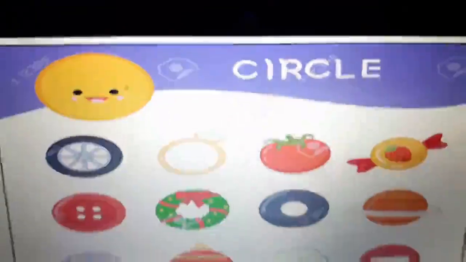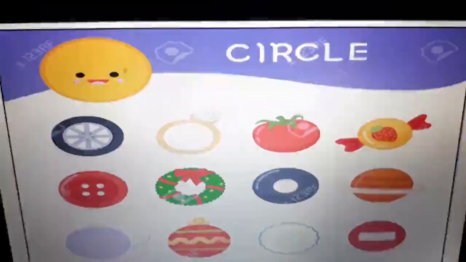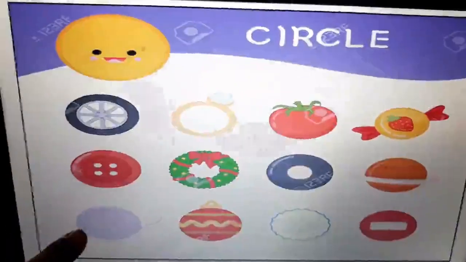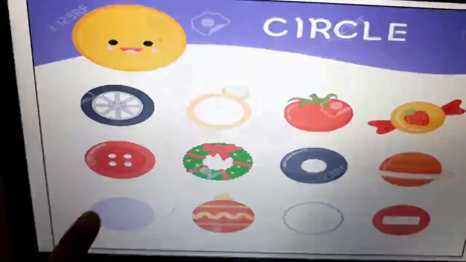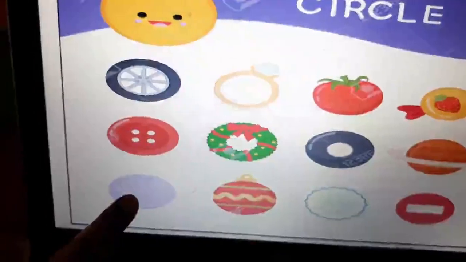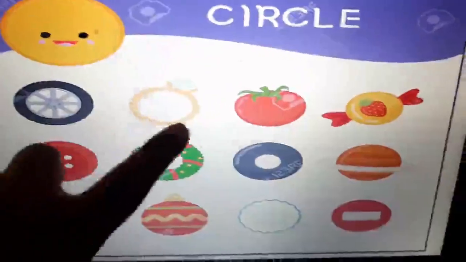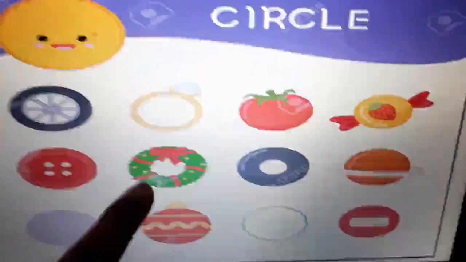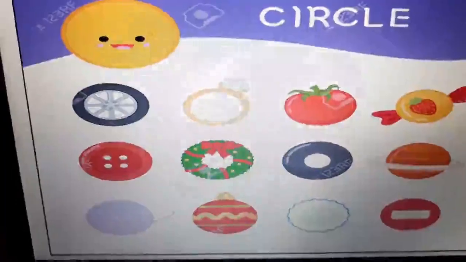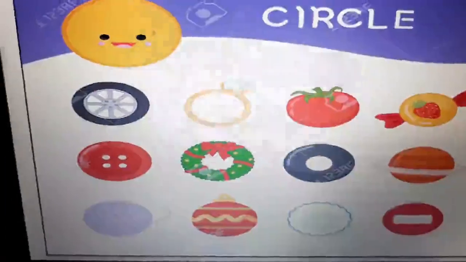Circle shape. See, we have so many objects with circle shape. We have a tire, button. Wow, what's this? It's a yarn of the wool. Oon ka gola, isn't it? Again, that is circle in shape. Can you see this ring? Ring ka jo ye circle shape dikh raha hai? Then we have wreath. So we use this to decorate on Christmas. We hang it on the doors. The wreath is also a circle in shape.